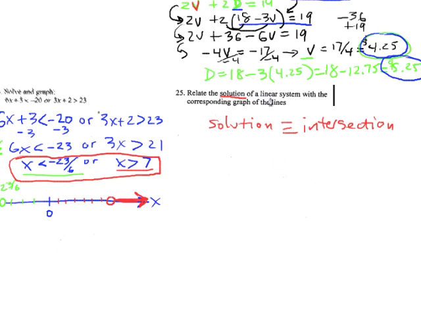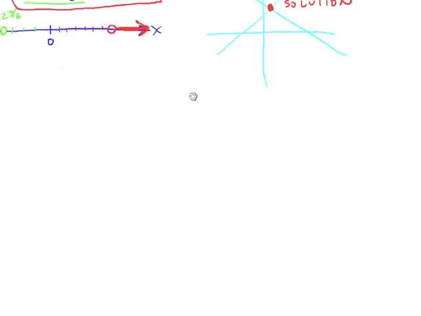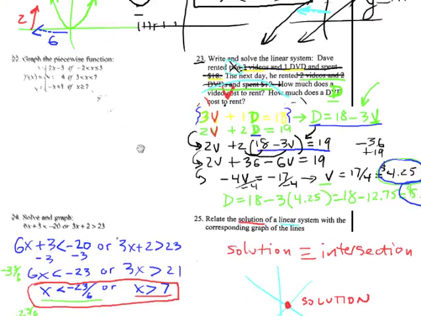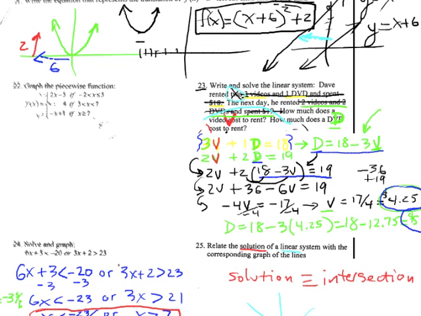So here we have a linear system. Linear system means that we have 2 lines like this. They're the 2 lines, and there is our solution. Okay, I think that's it, except for this piecewise function. And what I'll say about the piecewise function is there's a couple ways to do this. The way I like to do it is